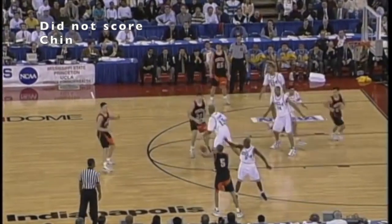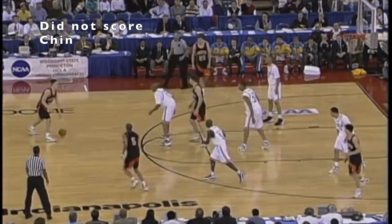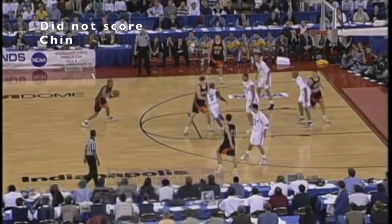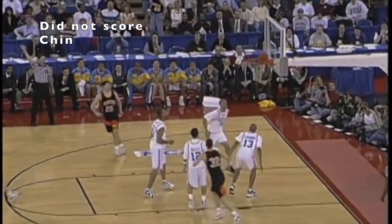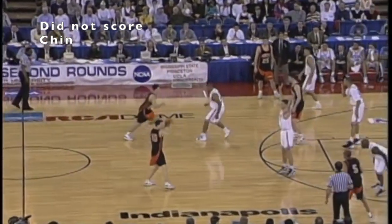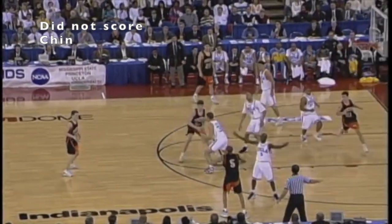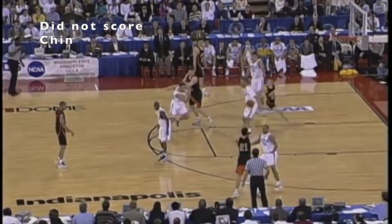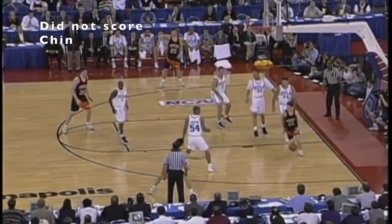Still trying to see if Princeton can get a good shot off. The thing about UCLA, even if they go in the zone, they have guys with such good ability that they still can get out and extend you when you're taking a shot. Bob Myers. Also in the ball game right now for Princeton, Brian Earl, backdoor. Earl unable to make the catch. Princeton,